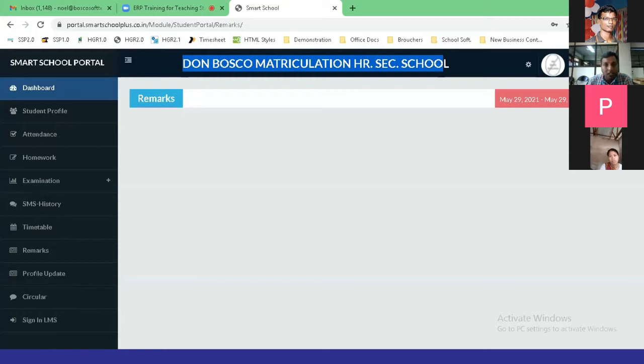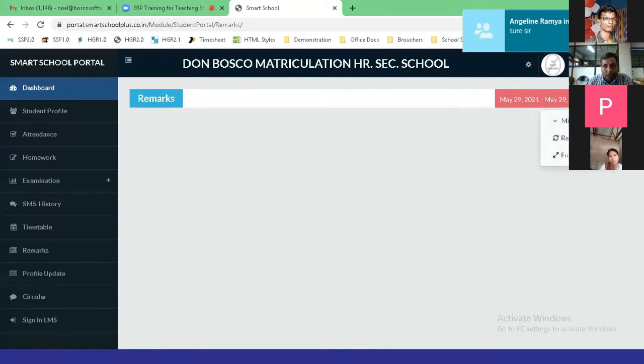Every data is stored according to the academic years only. So if, for example, I would like to see last year's data, I can very well switch over to 2020, provided the information exists from when the school software started in the school. For example, if we started in 2018, from that year only we will be able to give the data. Other than that, the complete history of the student can be viewed here itself. We also have the gear button to refresh or to avail any kind of information.